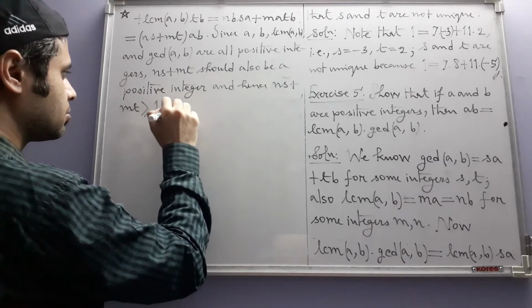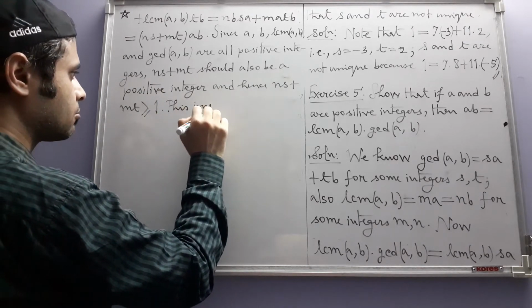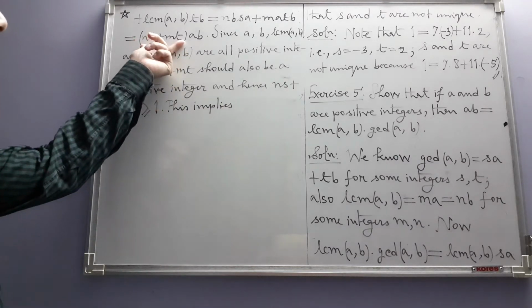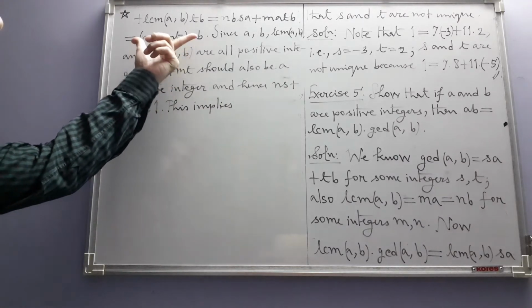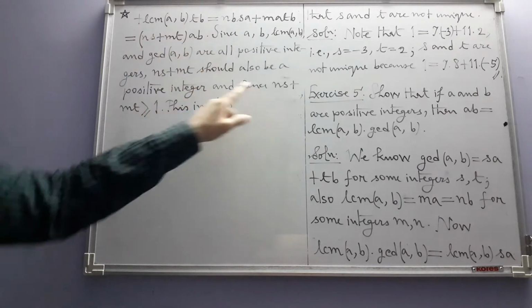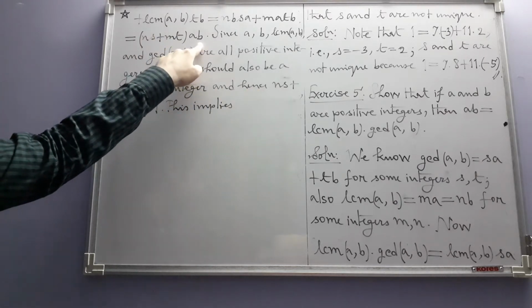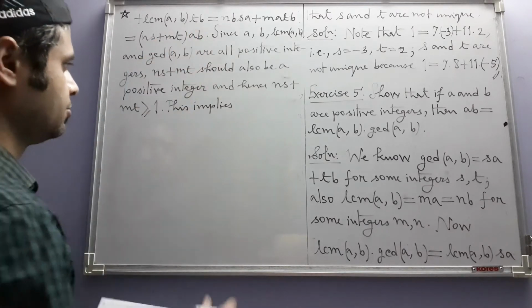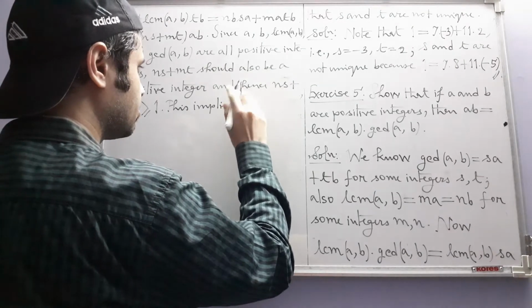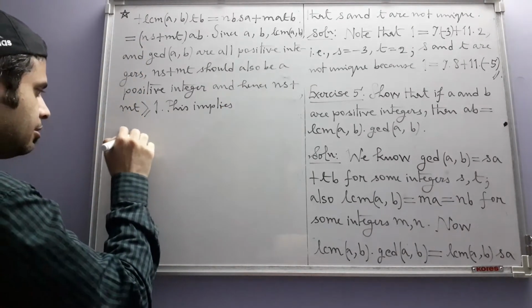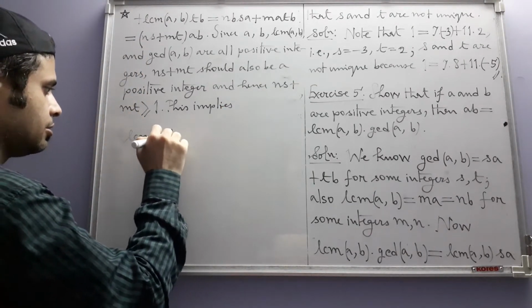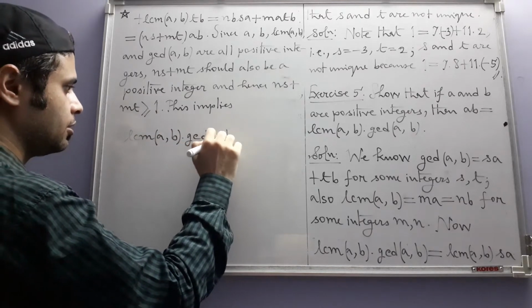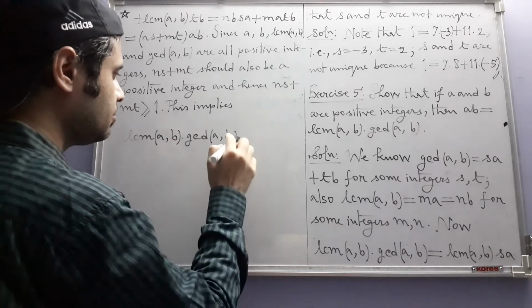This implies, now if this factor is greater than or equal to 1, that means you can multiply this inequality on both sides by ab, and that you can do because a and b are positive and hence ab is positive. So this implies, let me write it here, LCM of a and b times GCD of a and b is